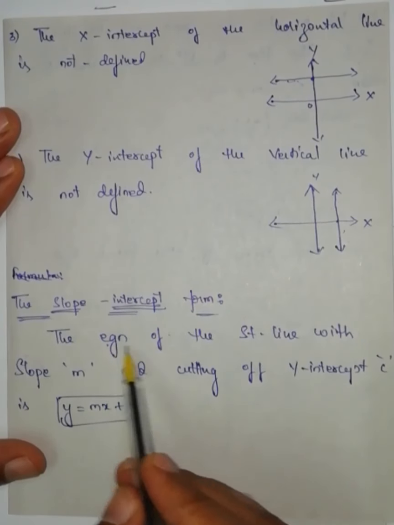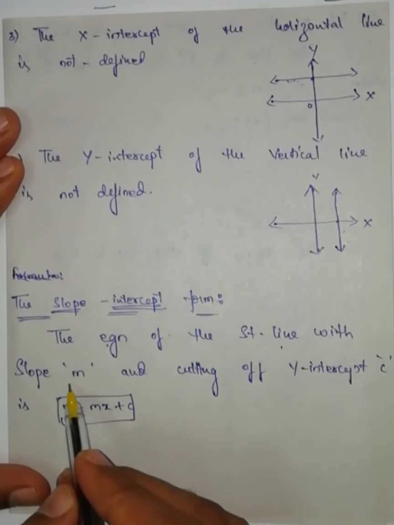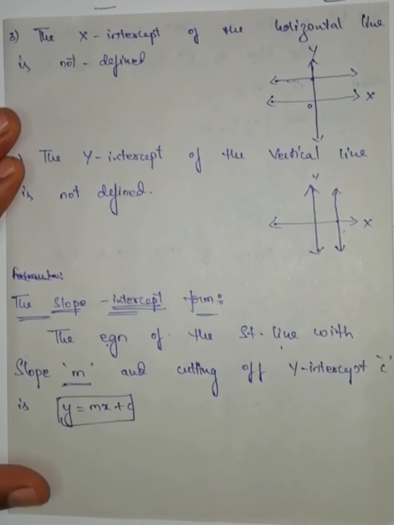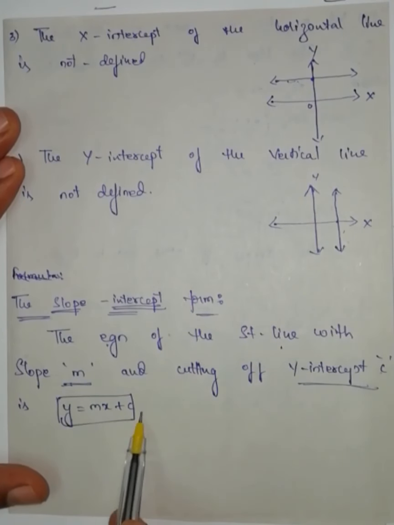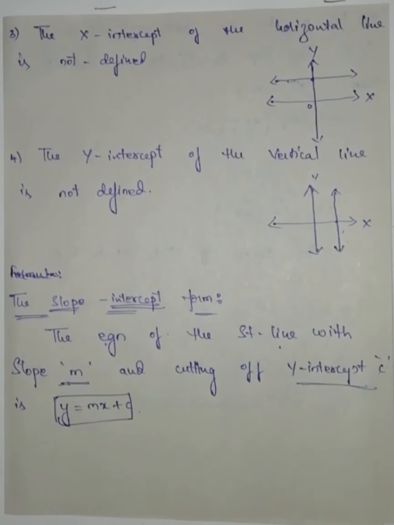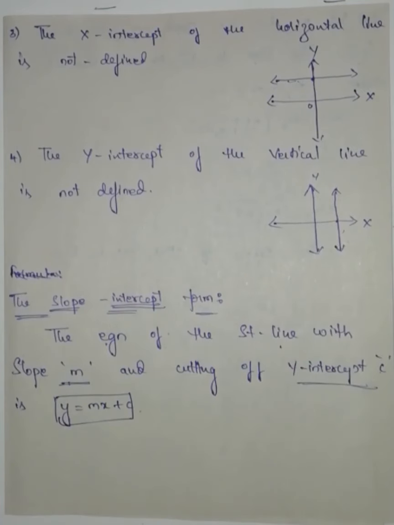Now the equation of a straight line, if I have a slope of a straight line and we know that the line has a y-intercept as c, then y is equal to mx plus c is the slope intercept form. If we have a slope and a y-intercept of any line, then directly we can write the equation of a straight line y is equal to mx plus c. To use the slope intercept form, we have to get the slope and the y-intercept. So directly I can substitute into y is equal to mx plus c and I will get the answer.